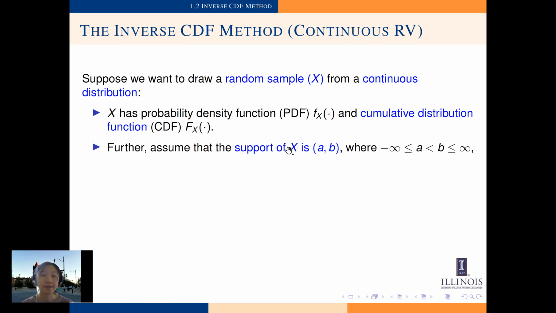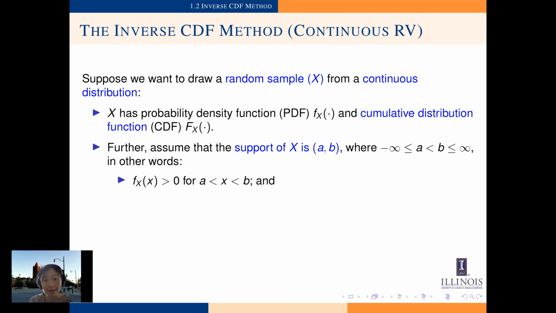Further, let us assume that the support for X is an open interval (a, b), where negative infinity is less than or equal to a, a is less than b, and b is less than or equal to positive infinity. You can see that here a and b can take values of negative infinity and positive infinity respectively. In other words,